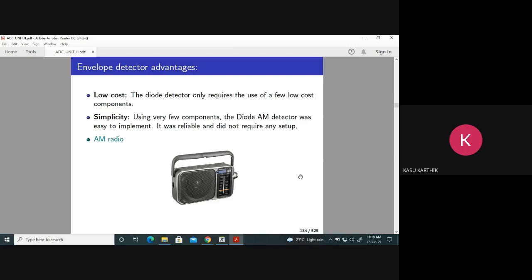But I need to have a simple receiver because millions of people are receiving. Who will bother about power and bandwidth? Those who are transmitting. If you are transmitting, you need power to transmit, and you need bandwidth to transmit. Those are the problems of transmitters, not receivers. As for receivers, I should have a simple receiver. I don't bother about how much power or bandwidth is wasted. That's the problem of transmitters or AM stations, not the receivers.